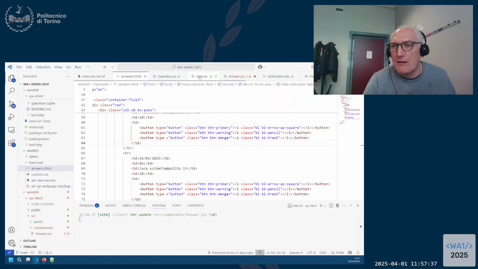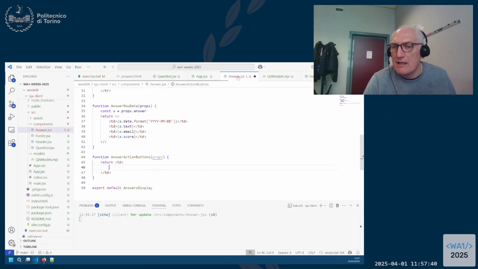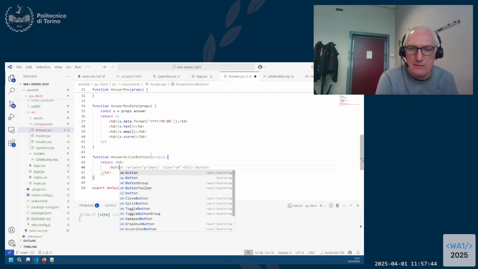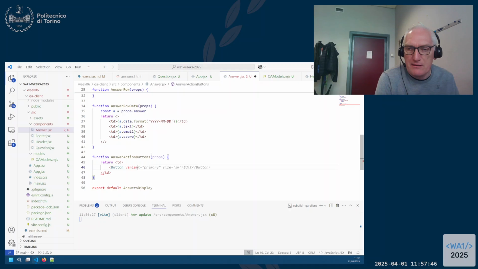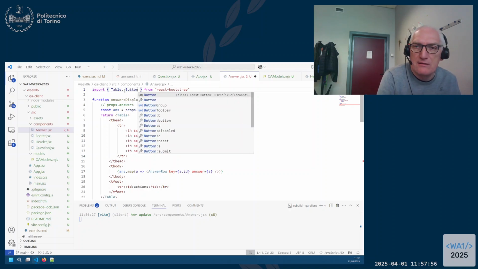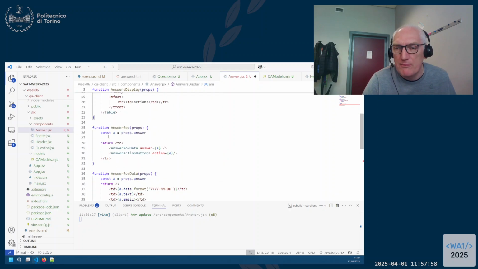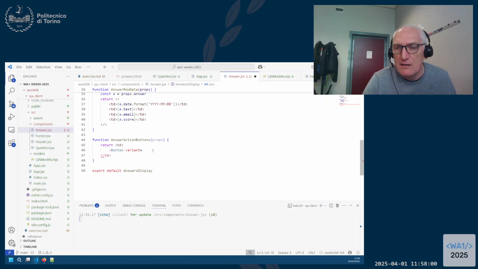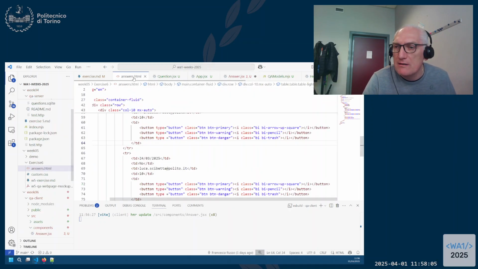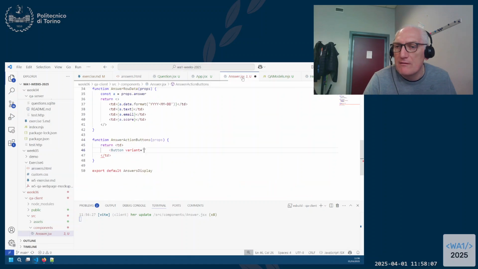So in our app it would be a button variant. So button, we need to remember to import it from React Bootstrap, so that we are using the right component. Variant would be the primary, right? The primary,